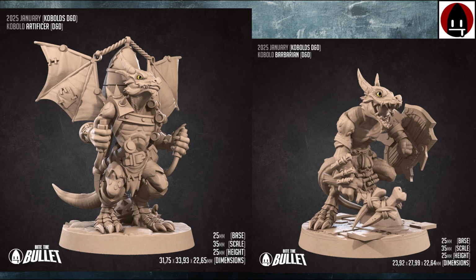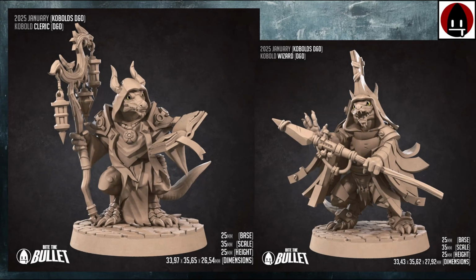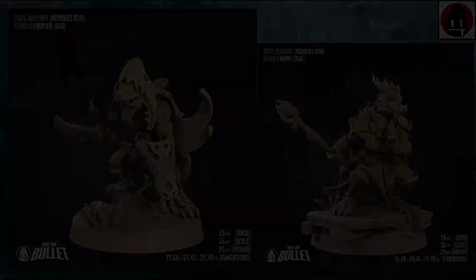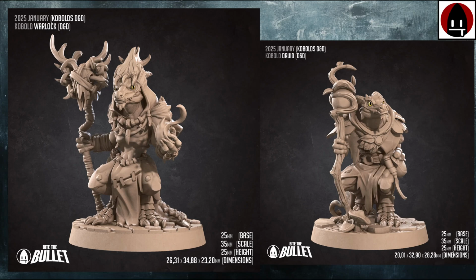So if you want to play a kobold artificer or barbarian, a bard, or a rogue, a cleric or a wizard, a ranger or a paladin, a fighter or a monk, a stalker, not sure which class that is, or an alchemist, warlock or druid,